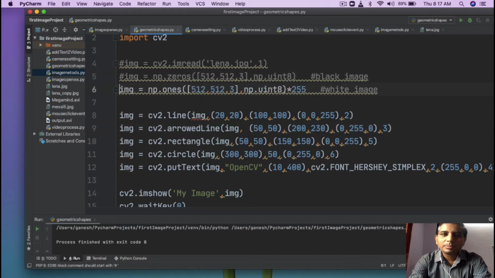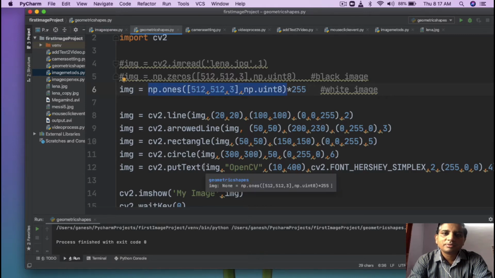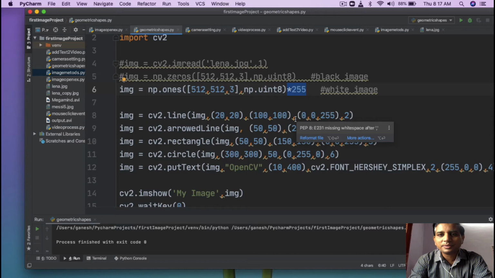To create a white image, we need to create a matrix of size 512 by 512 with 3 channels, but every pixel should have 255 inside it. We can't create a 255 matrix directly, so we create a matrix of ones and do a scalar multiplication, multiplying every pixel by 255.